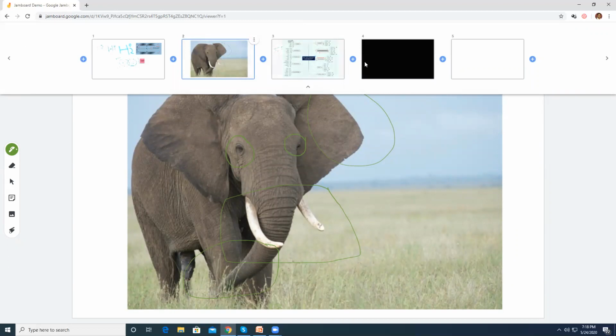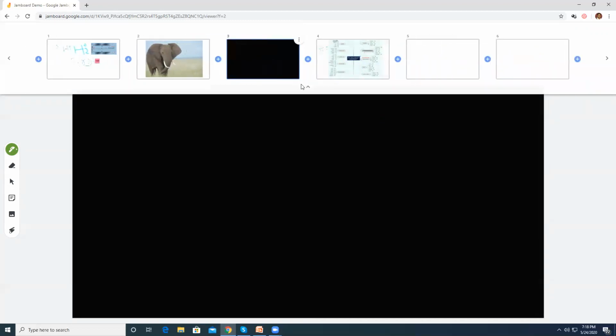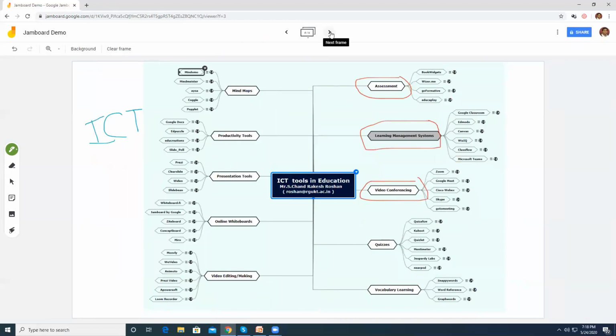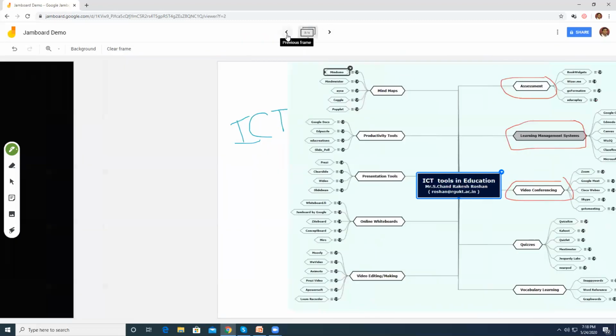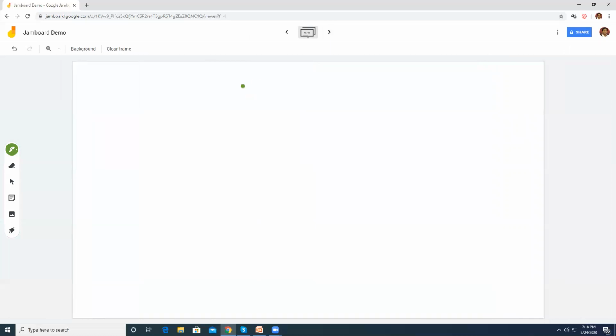So now you can do that with this also. Okay. So now let me add one more frame. So in total right now I have made it. So now you can just go back and see I swapped the frame. So first, second, third, fourth, fifth.